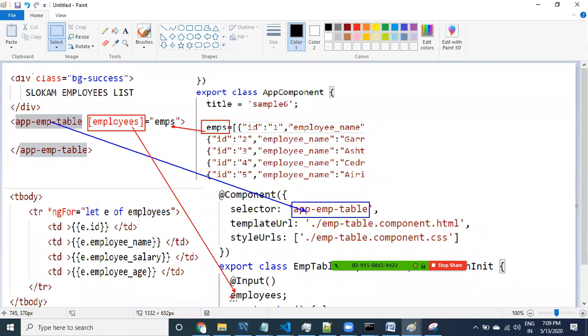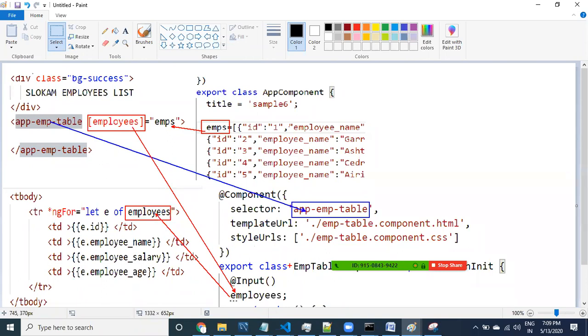So whatever data is available in the component, this data is going to be, just look at it guys, where we are using it, and data will flow like this. Here you are using it.